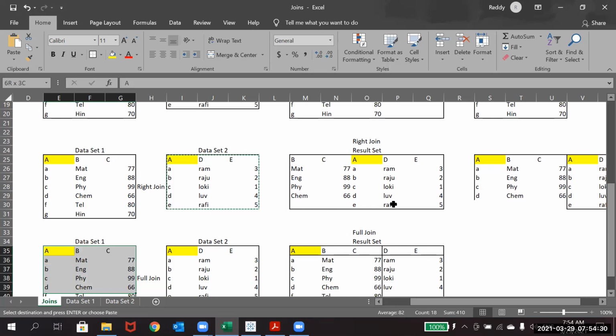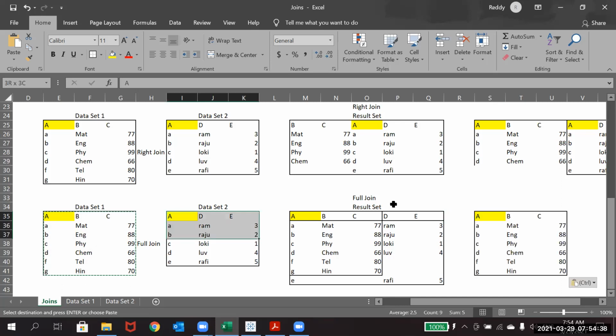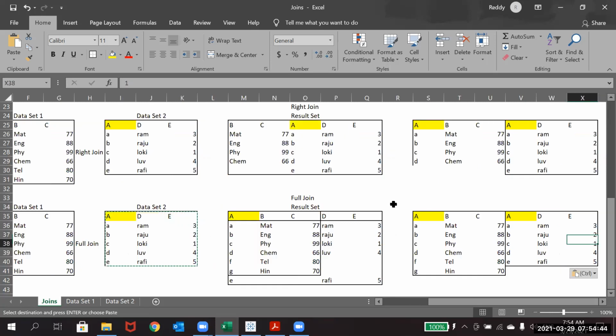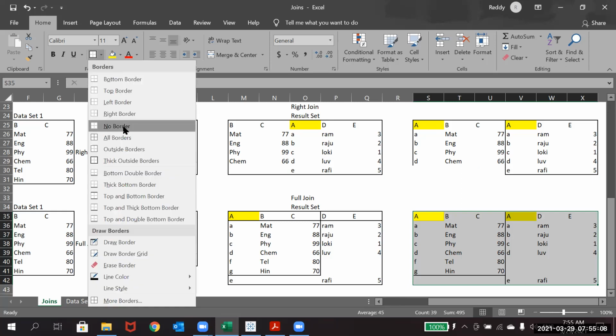And the full join. So these are the results as you are seeing them in Tableau, just to make you understand how this will look. They are showing column A as a separate one so that you will not get confused. That's why I created it the same way.